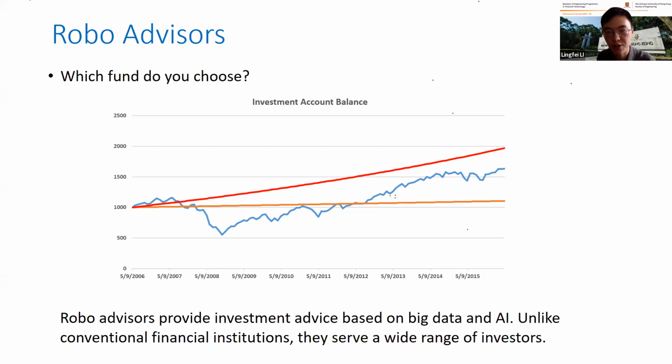For example, some investors say, okay, I will stay away from those very risky stocks. You can just tell them your needs, and then the robo-advisor will try to recommend to you